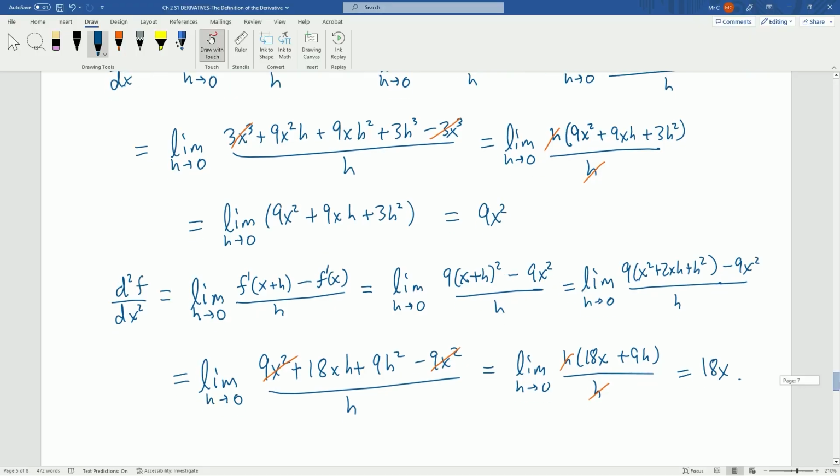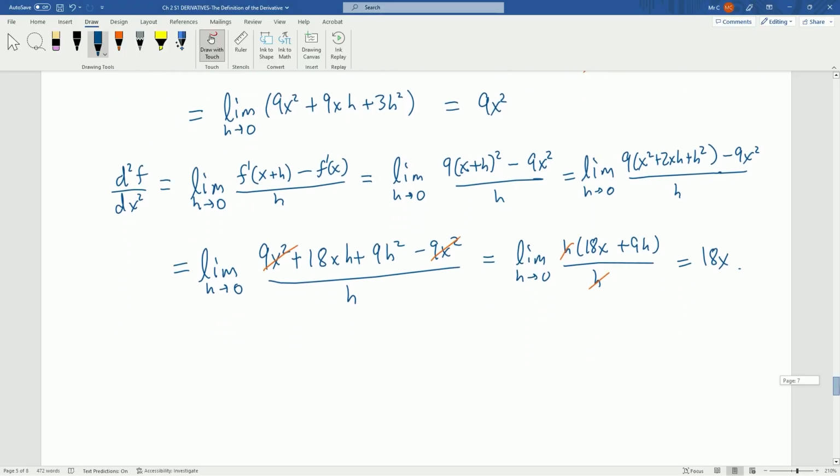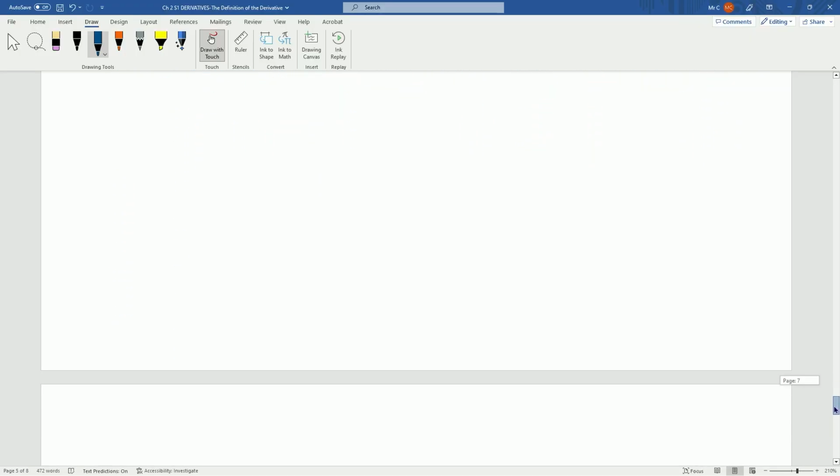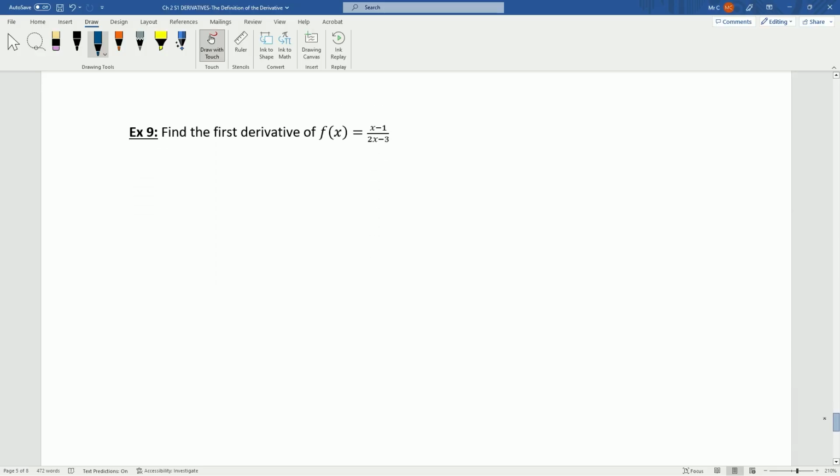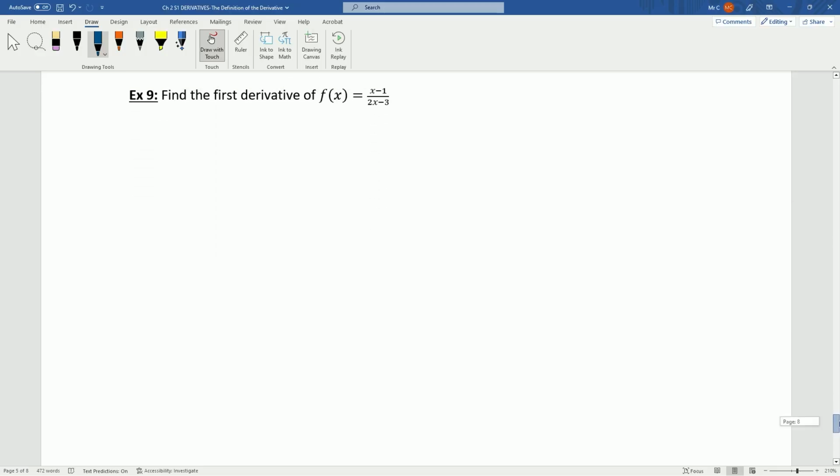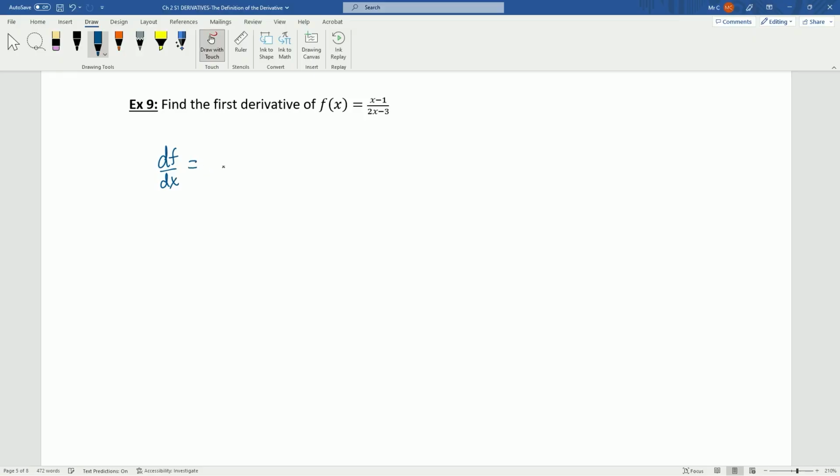Okay, well, we're almost done here. I got one more example I'd like to go through. So we're just going to find the first derivative of f of x equal to (x minus 1) over (2x minus 3). So df dx is the limit as h goes to 0